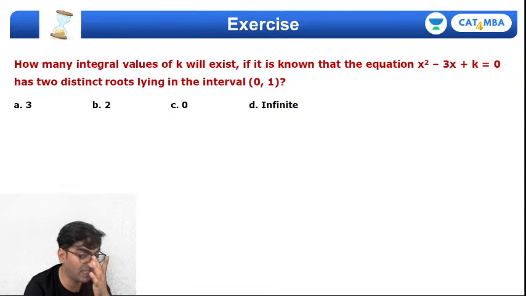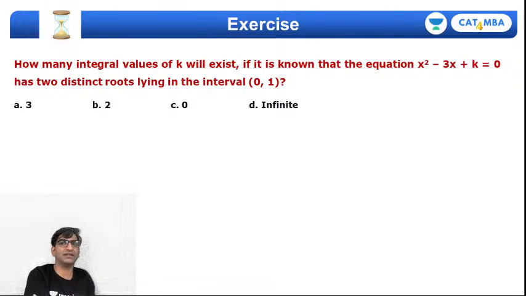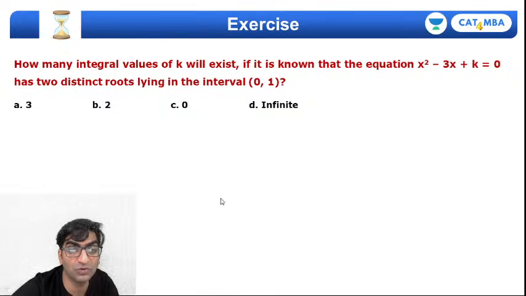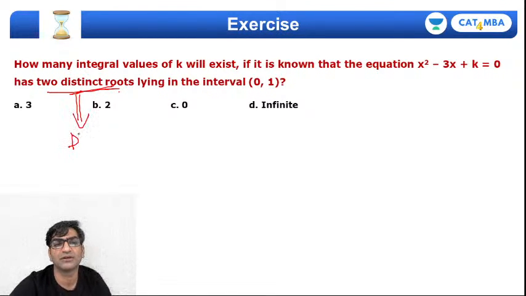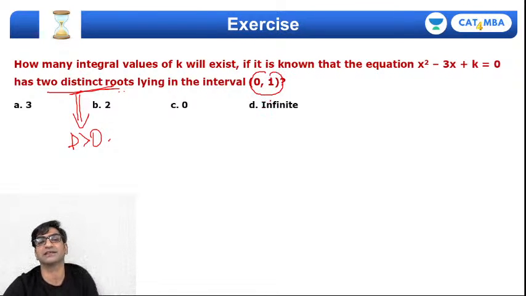Find how many integral values of k will exist if it is known that the equation x square minus 3k plus 3x plus k has two distinct roots, right? Important है, two distinct roots मतलब दो अलग अलग रूट होने चाहिए. दो अलग अलग रूट कब होते हैं, जब डिस्क्रिमिनेंट पॉजिटिव होता है, राइट। और ये दोनों रूट्स जो है 0 और 1 के बीच में लाई करने चाहिए, राइट।